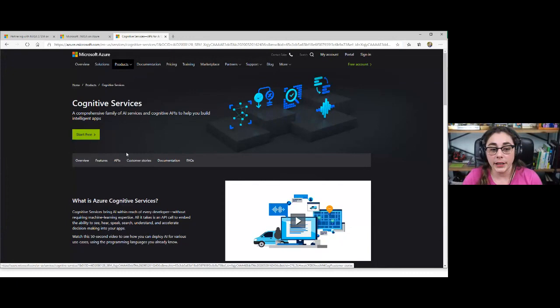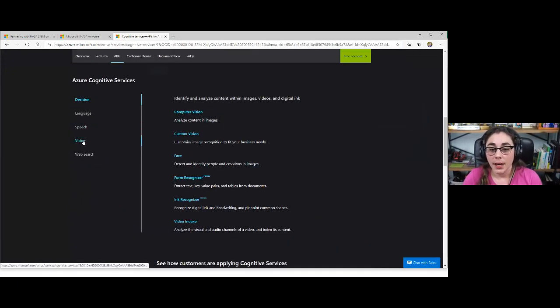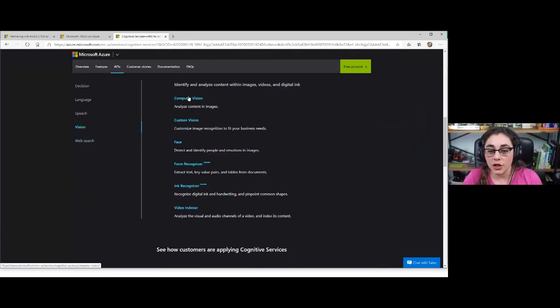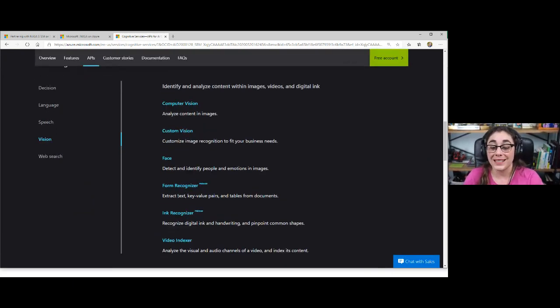I really enjoy Cognitive Services because we've got these APIs, for example, on vision, and we've got computer vision, custom vision, face detection, and let me zoom in on this just a little bit. We even have Form Recognizer, which is extracting text from images, Ink Recognizer, which handles handwritten text and extracts what that text is,